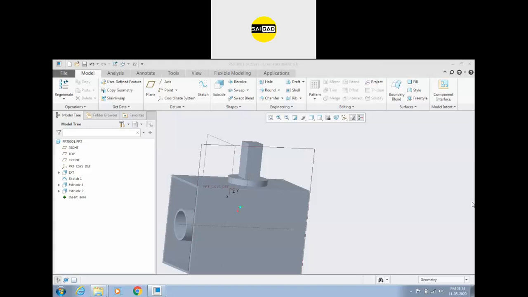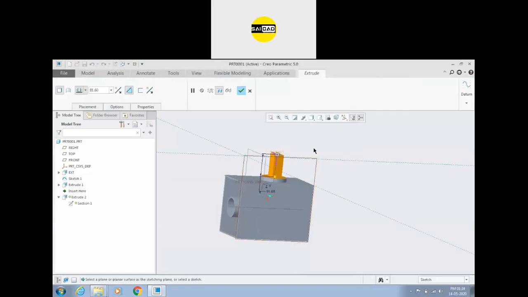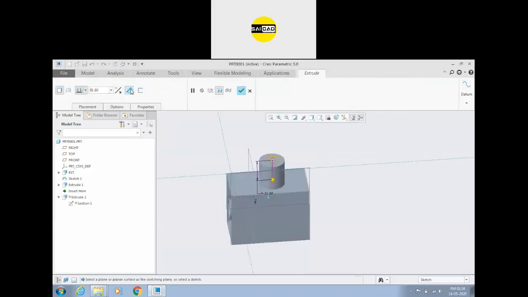Sir, how to activate that cut command option next to remove material? When we extrude that, go to the shape and just click here.